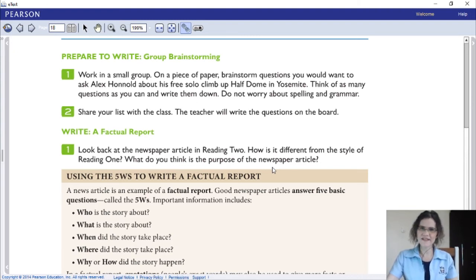So basically the first part is when you're doing brainstorm, okay? You're trying to come up with your ideas, so we brainstorm in order to gather ideas. And you can brainstorm by doing free writing, mind maps, or just making a list of your ideas. There are different ways you can brainstorm, and you use whatever works best for you. You do not worry about spelling and grammar. You just write anything that comes to mind. Then after